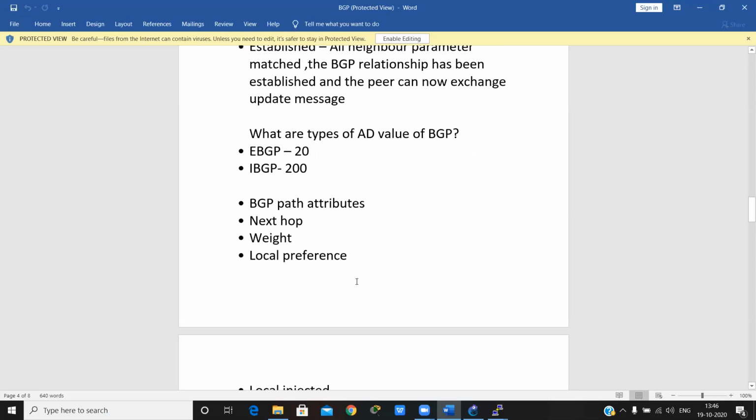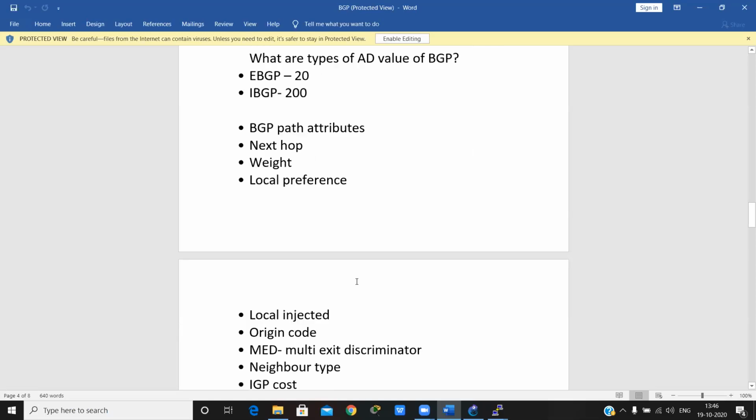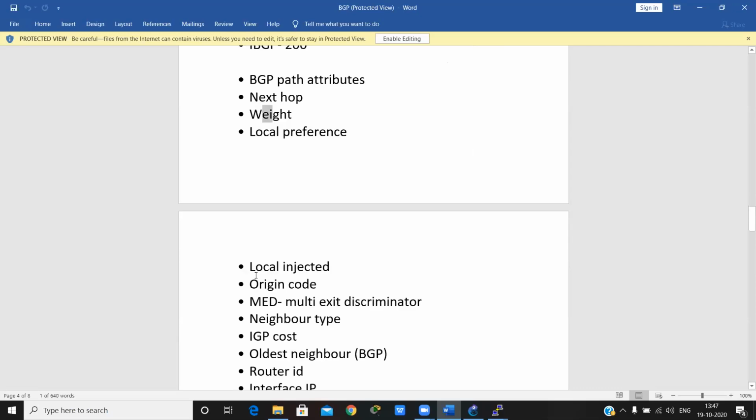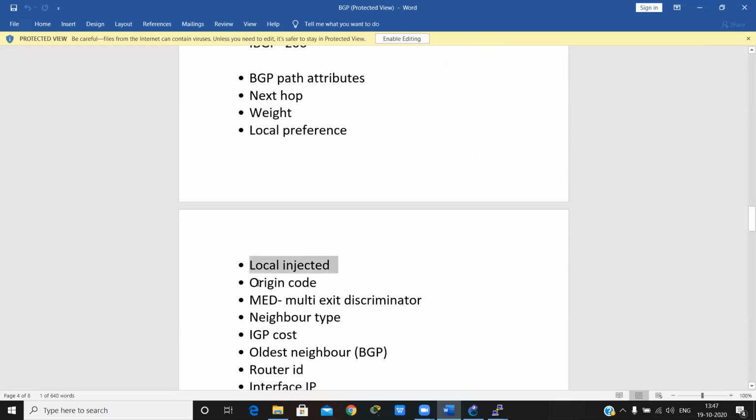For BGP path attributes, we have 12 types. How does it choose the best path? Firstly it considers the next hop, then weight, then local preference, then locally injected, then origin code.